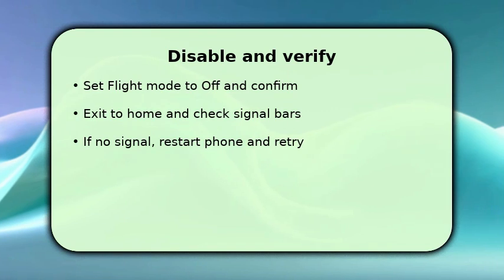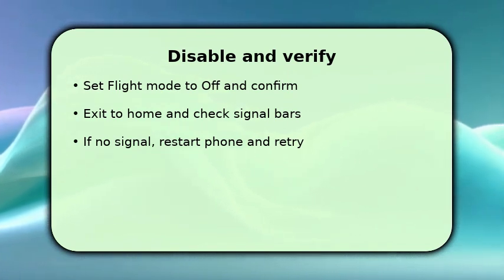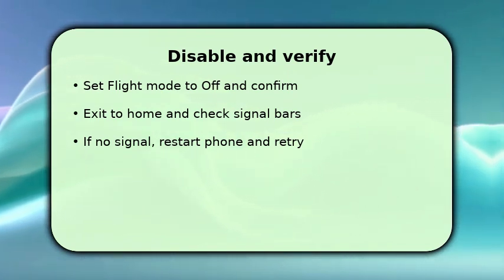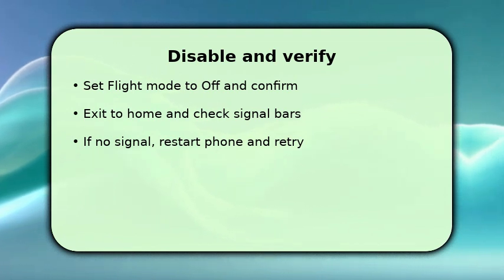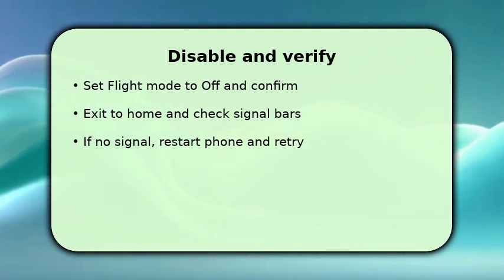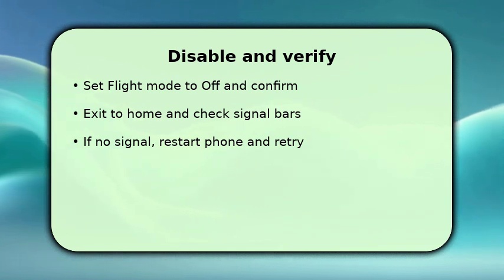This immediately attempts to re-enable cellular radio. Exit back to the home screen and check the top corner for signal bars and network name. This verifies it worked. If the phone still shows no signal, restart the device to force a network rescan and